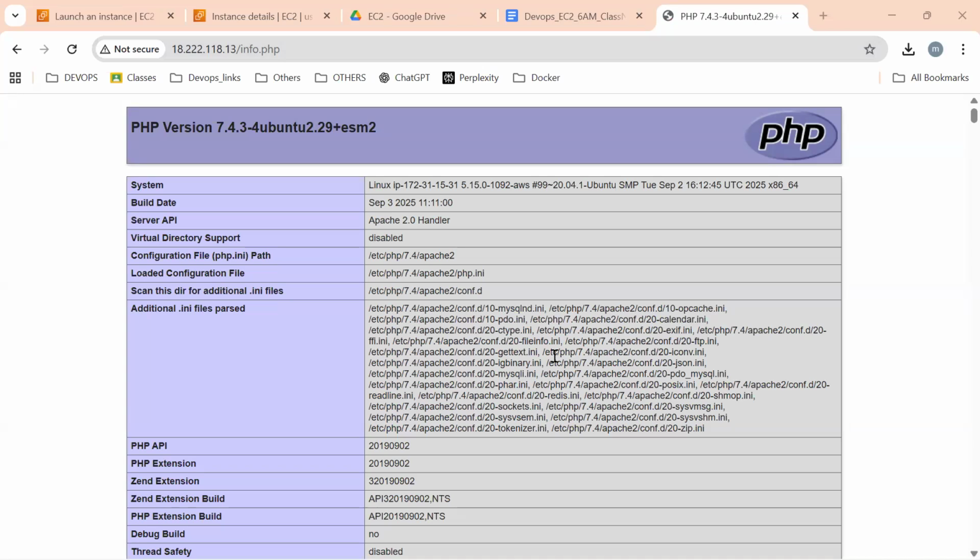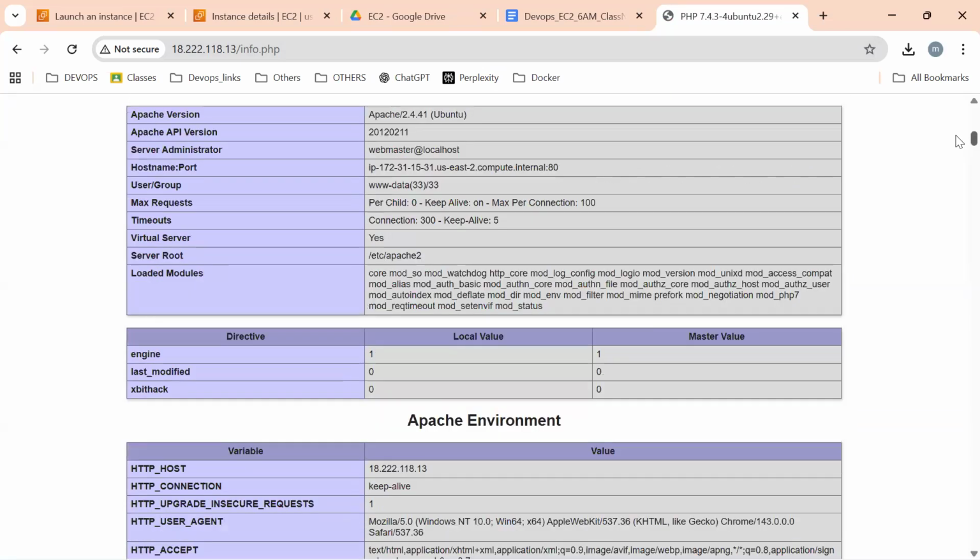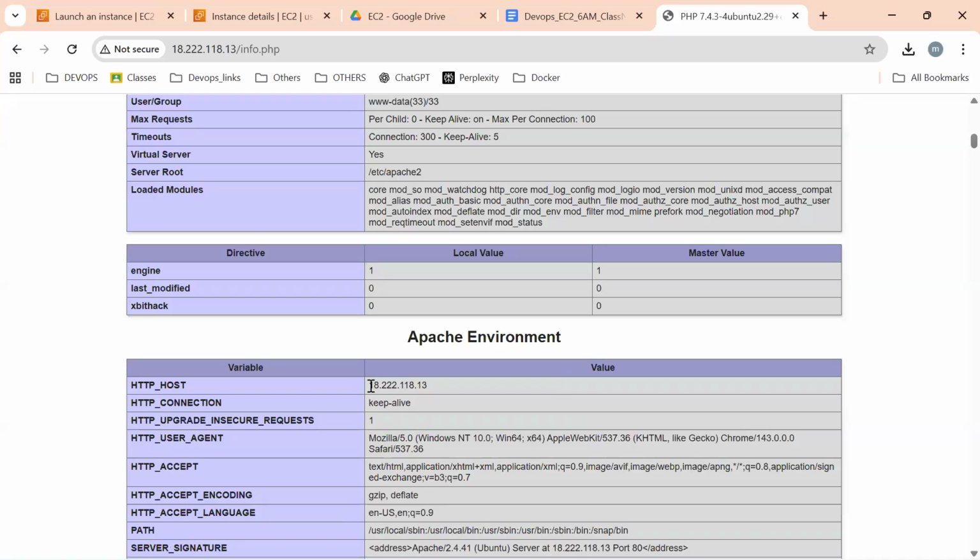Here we can see complete information about our server. So what is the private IP? 172.31.15.31. What is the public IP? 18.222.118.13. Is it or not? Tell me the public IP.